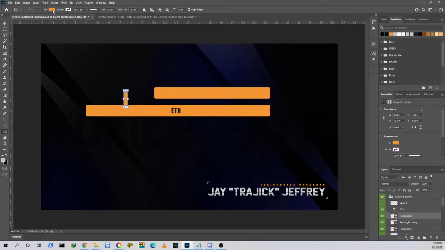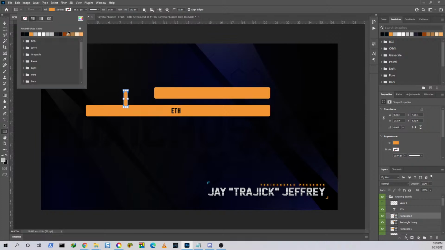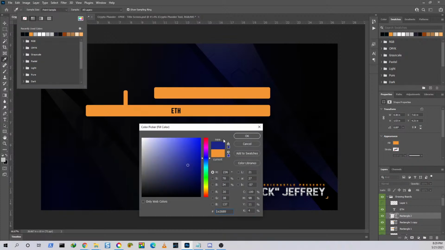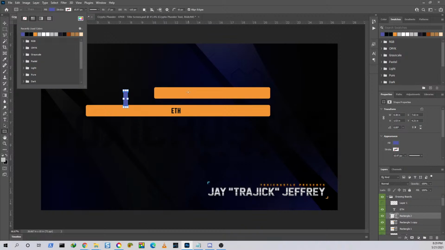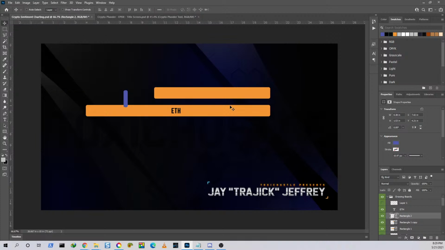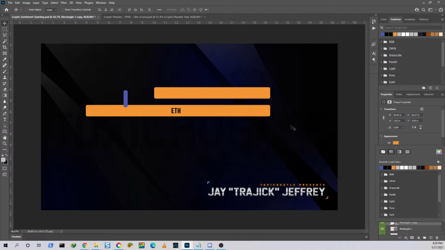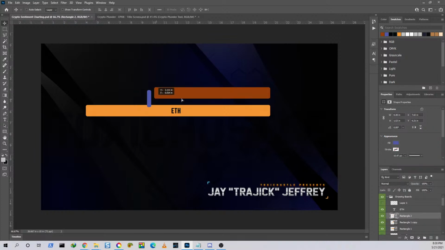Let me change the color to, like, I don't know. I just need a color. Let's pick one. Something in a blue. I like blues. Let's go. And let's also change the color of this one as well, because why the hell not? Plus, I want you to understand that this is a side chain. It's not the main Ethereum, right? So let's just make this another color like that. All right. And then I need to grab this and drag this right here.